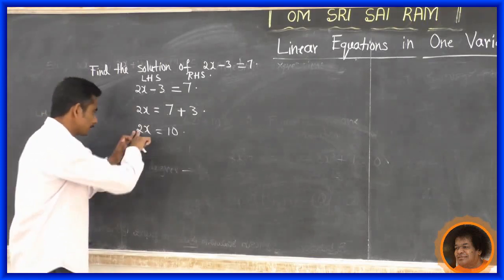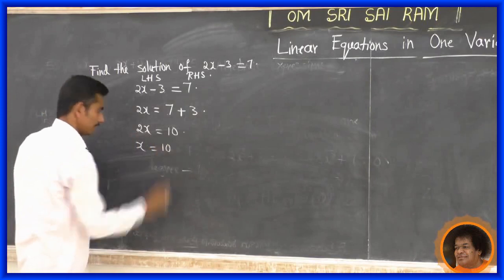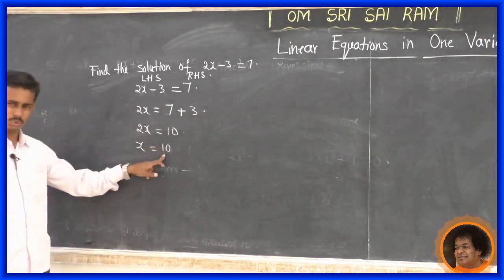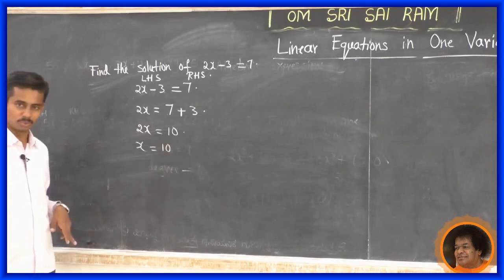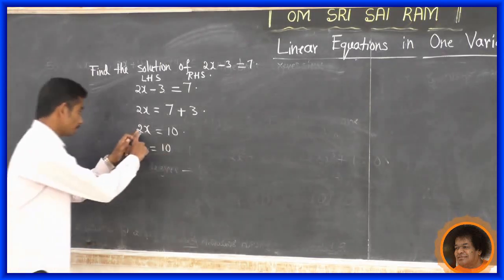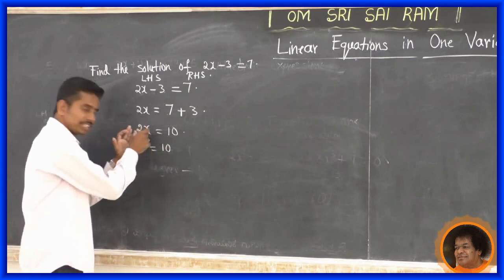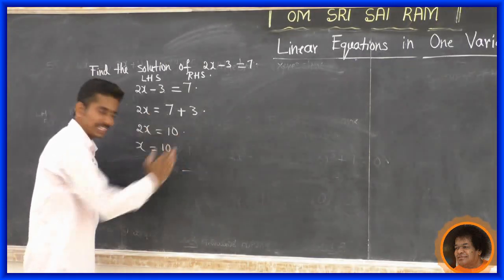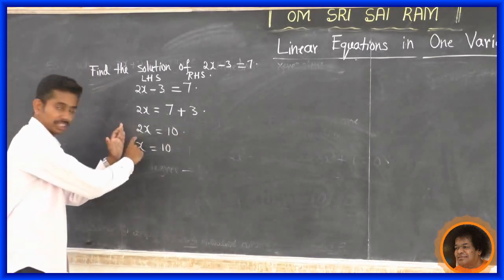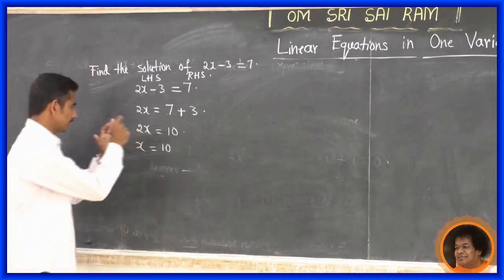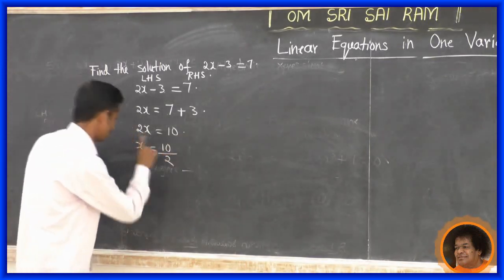So x. Now transpose 2 to the right hand side. With 10, tell me, 10 minus 2, or 10 plus 2, or 10 divided by 2? What is your answer? 2 and x are multiplied. Now it is in the left hand side. It is transposed to the right hand side. There is a multiplication in the left hand side. If it is transposed to the right hand side, the multiplication becomes a division. So 10 by 2. Be careful.